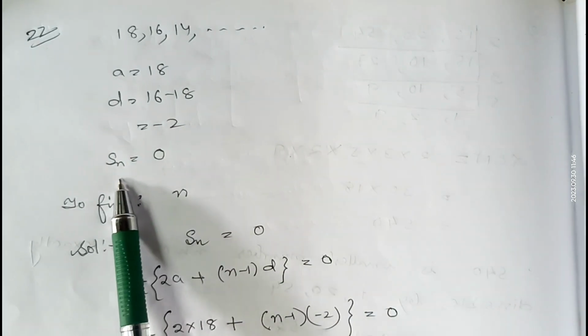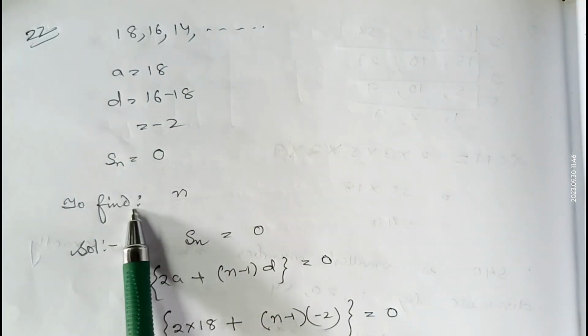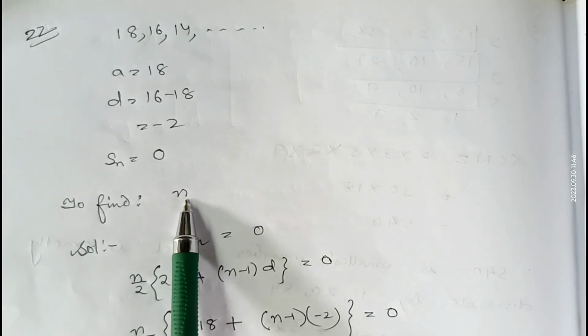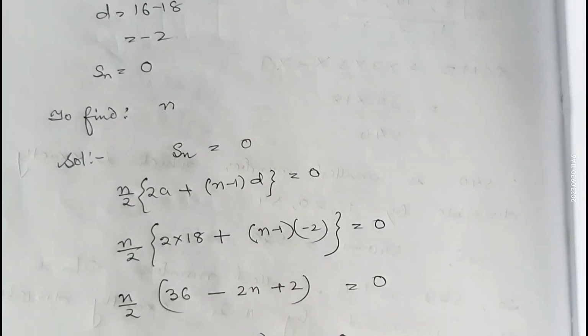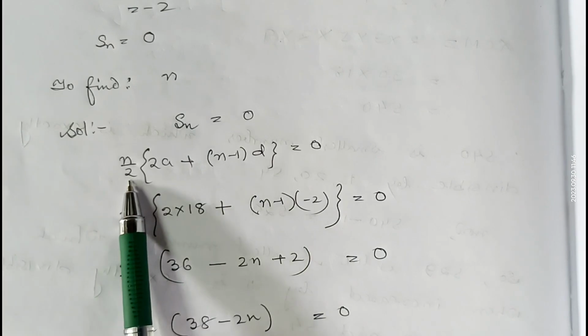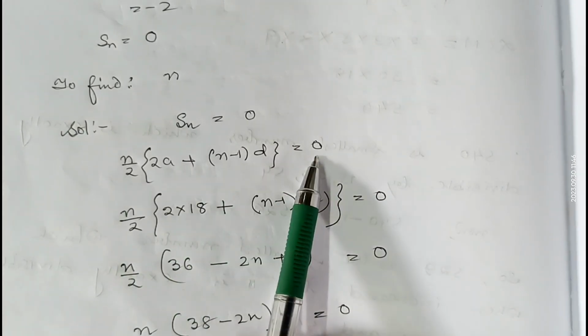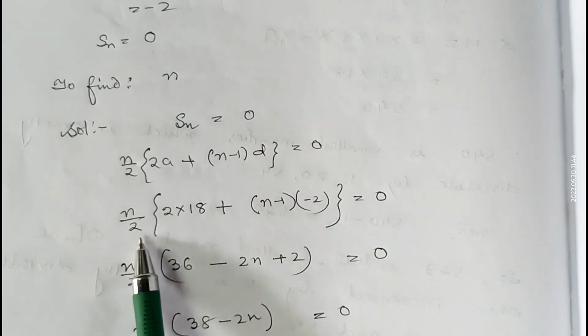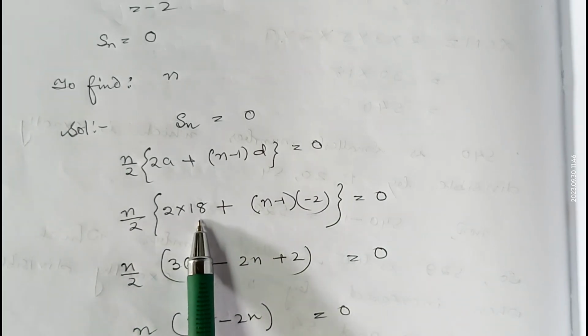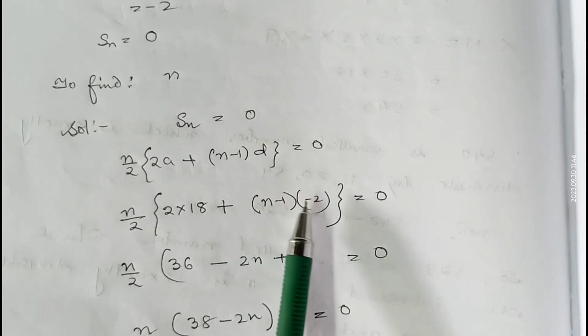And here it is given the sum of the terms is 0. We have to find how many terms, so we have to find n. Now we know the formula Sn equals n by 2 into (2a plus (n minus 1) d) equals 0, as given in the question. Sum is 0. So n by 2 into (2 times 18 plus (n minus 1) times d, which is minus 2)